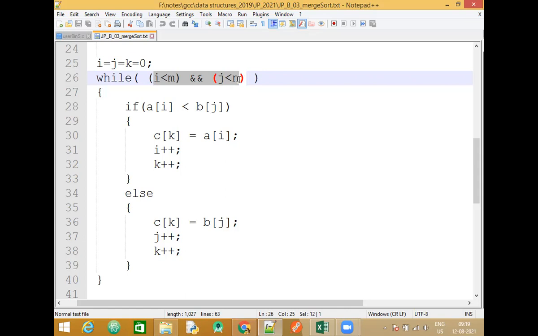Then we can access the element only if the variable I is present within the array. The moment the variable I goes outside the scope of the array, you cannot access it. Imagine an array of size 4. If I ask you to move through each of the elements with the help of variable I, have a look here.